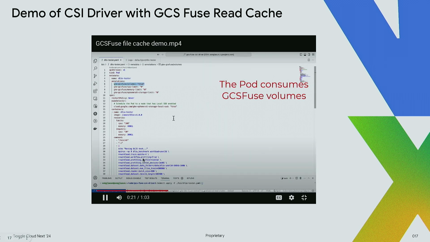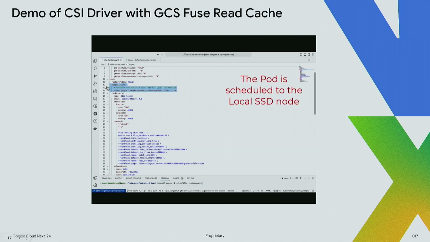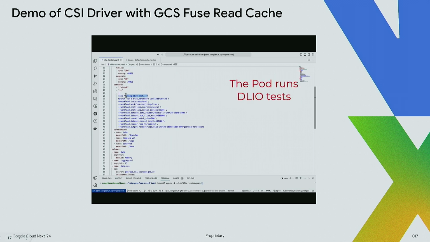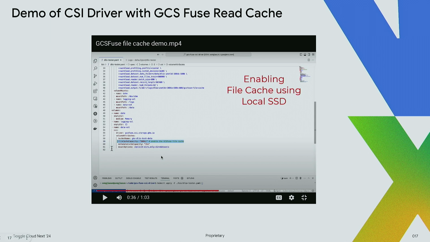Then in your GKE pod, all I do is enable Cloud Storage Fuse. I make sure I have my local SSD enabled. We're running DLIO here just to simulate the benchmarking in terms of the training loop. And this is the really fun part of the Fuse interface: your data stays in GCS. So all you have to tell us is where your data stays in terms of your bucket.